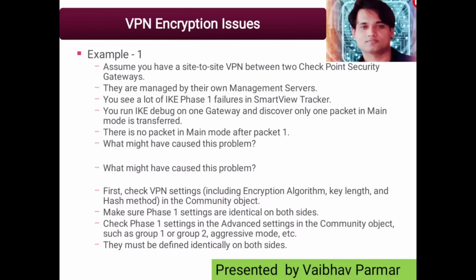Now let's see another example where you have configured a site-to-site VPN from a Check Point security gateway to a Cisco device. You see that traffic initiated from the VPN domain inside the security gateway is dropping, while the error shows the packet is dropped as there is no valid SA. The Cisco side is sending a delete SA to the security gateway. The IKE debug indicates a phase 2 quick mode failure. What is causing this sort of issue?